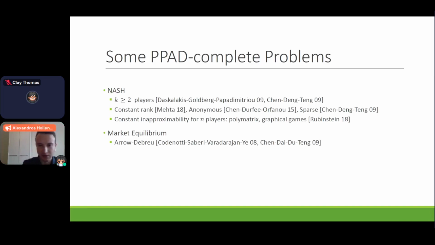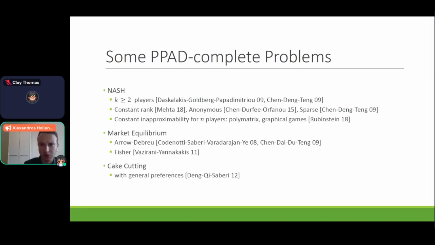And in recent years, there have been results showing that it's actually PPAD-complete to find this equilibrium. And again, this holds for different models of market. There's the Arrow-Debreu, very famous model. There's a simple model, the Fisher market, where the agents just come in with money and they can just buy some items. And even in this simpler model, as soon as you look at not very simple utility functions, you get PPAD-completeness.